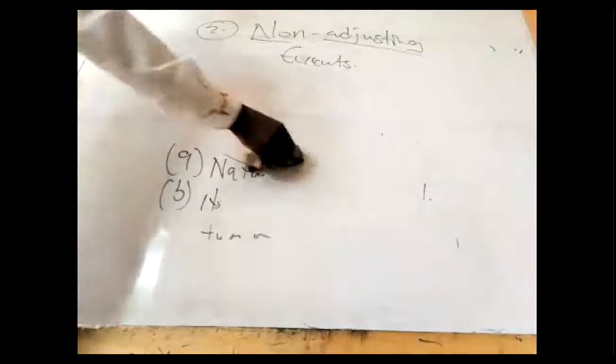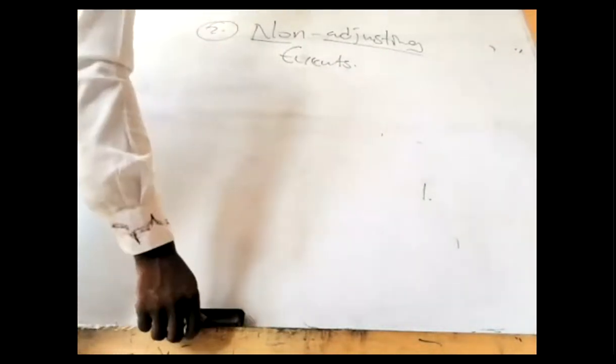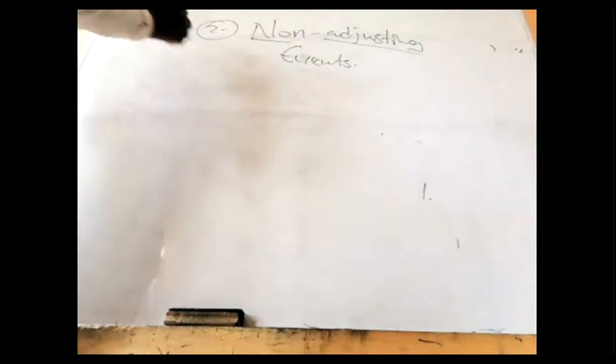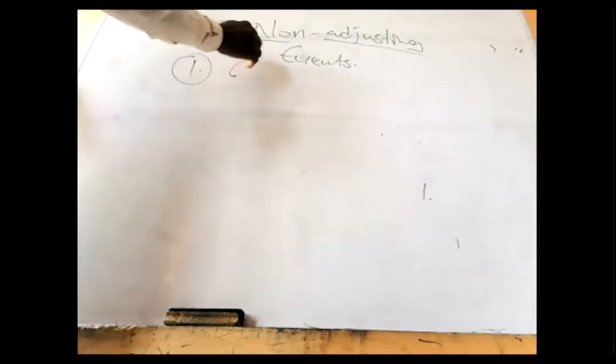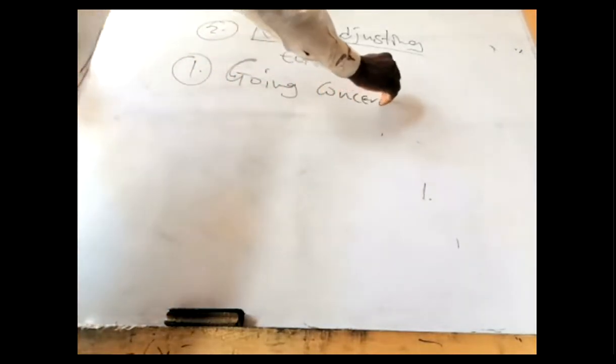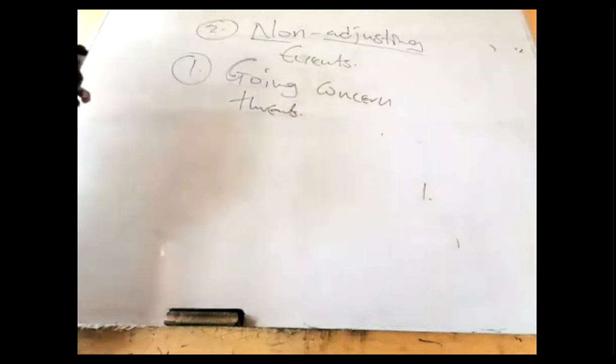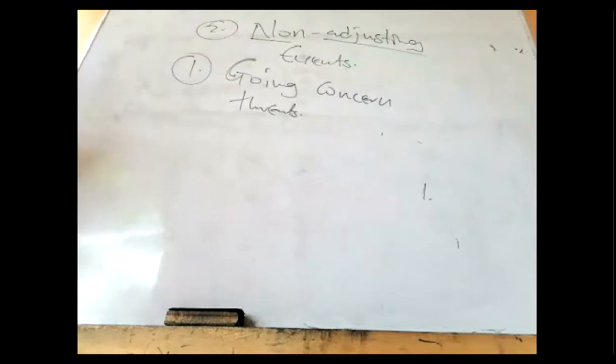Examples of non-adjusting events. I'll start with number 1, going concern threats. Number 1 is what? Going concern threats. Going concern threats. It's an example of what? Non-adjusting events. Examples of non-adjusting events. Going concern threats. What do you mean by going concern threats? Are you saying